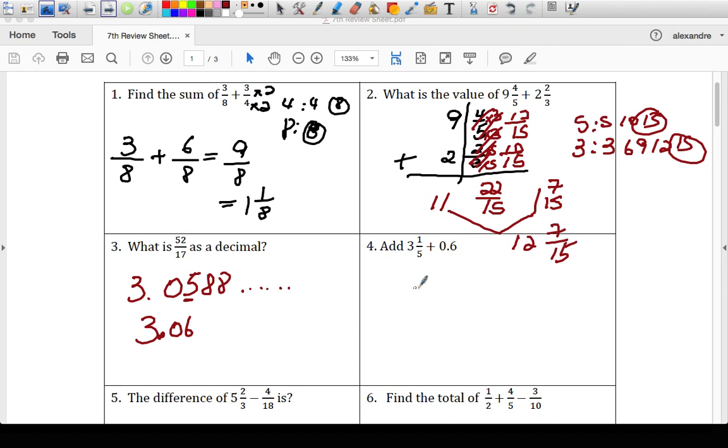Okay, let's add this. It's a fraction and a decimal, so I'm going to change 0.6, and 0.6 as a fraction is 6 over 10. Or if you want to simplify, you use 3/5. I'm not going to simplify. Okay, actually I should simplify. So I'm going to use that 3 of 1/5 plus